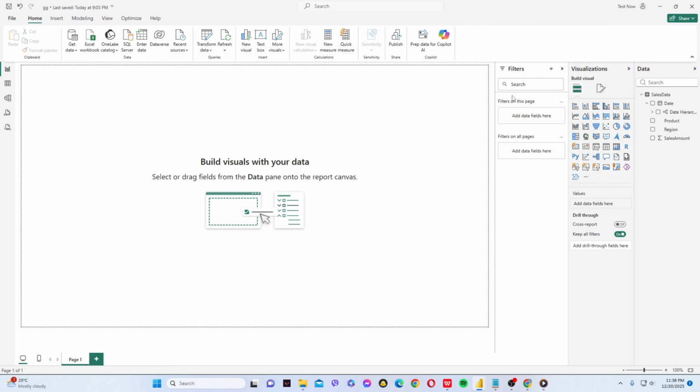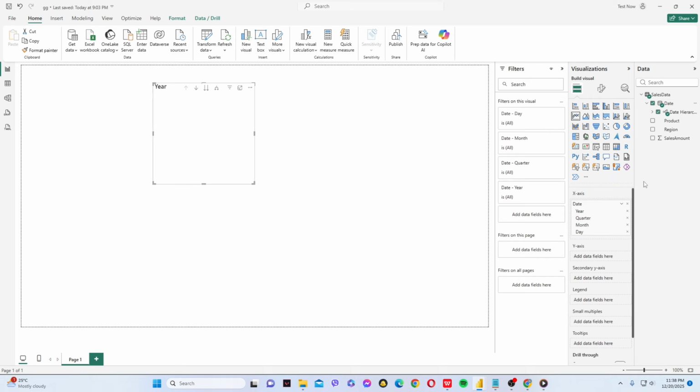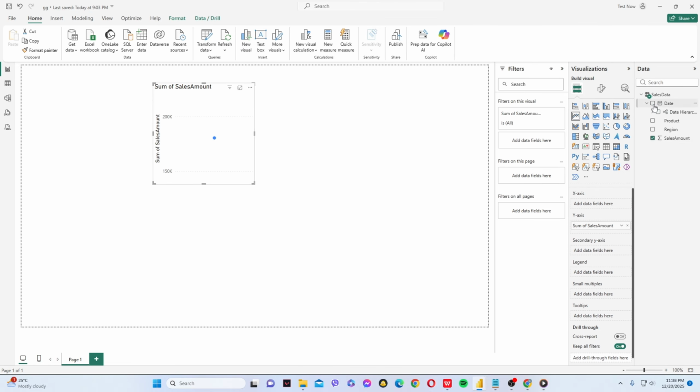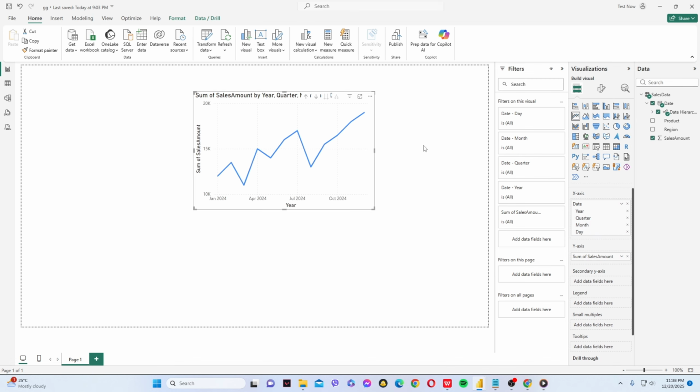With your report open, look to the Visualizations pane on the right and select the line chart. Build a simple time series view by dragging your date field to the x-axis and your sales field to the y-axis. This gives us the foundation for forecasting. Make sure your date field is recognized as a date and your sales is numeric, so Power BI can model